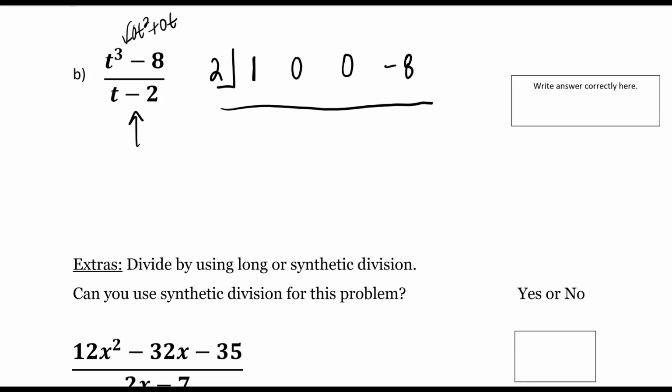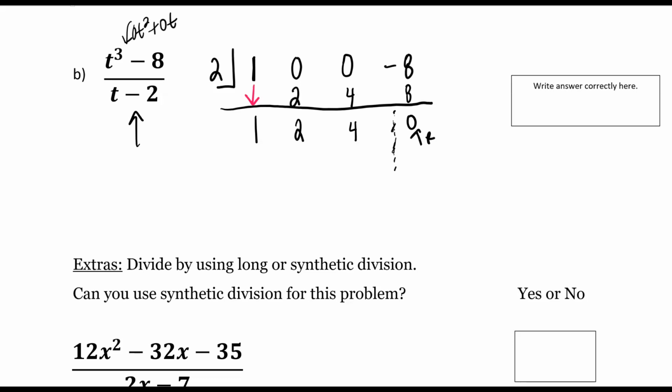Again, what is the first step of this process? We always drop whatever that number is down. We multiply 1 times what's in the box, we get 2. We add, we get 2. We multiply, we get 4. We add, we get 4. We multiply, we get 8. And we add, we get 0. So our remainder again is 0. So no need to worry about the remainder or how to write it in a special way